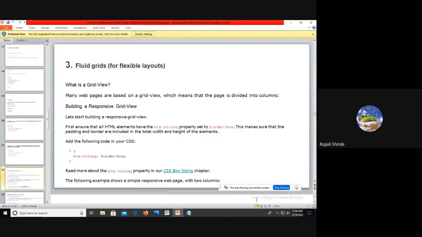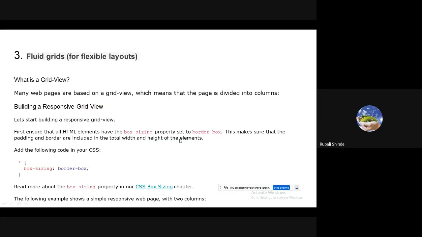Now, the third one is the third coding technique. With the help of that, we can develop RWD, that is fluid grid or flexible layouts. Normally, whenever you are developing a website, we have to add some columns and some rows. Accordingly, we divide the complete browser into different blocks or different columns and rows. This concept is nothing but the grid, and we require the flexible layout to make a flexible website.